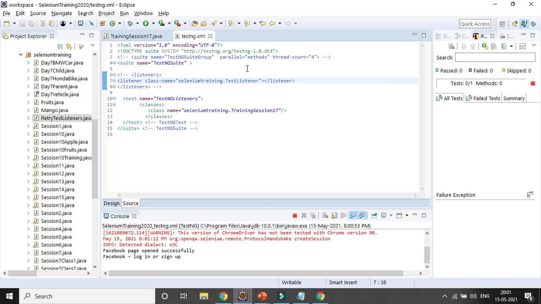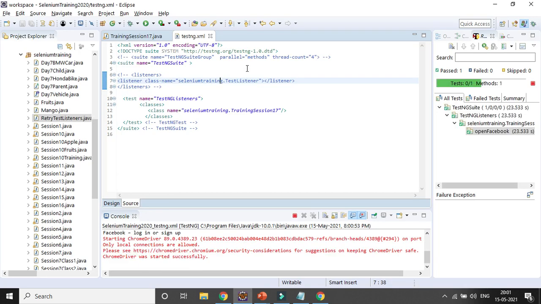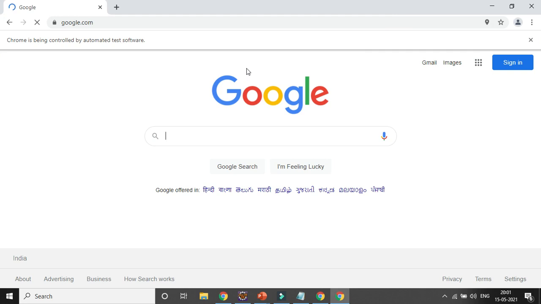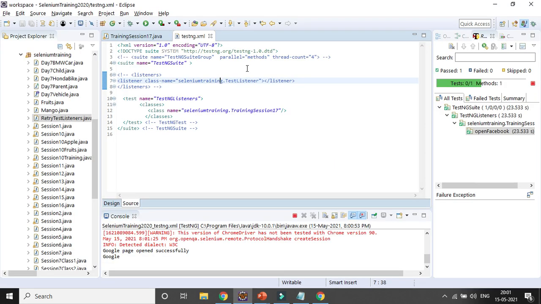So first it will go based on the alphanumeric order. So Facebook will go first, and then the Google, then the Rediff, and then it will go for the Yahoo, right?